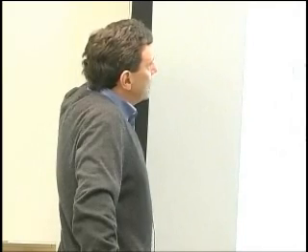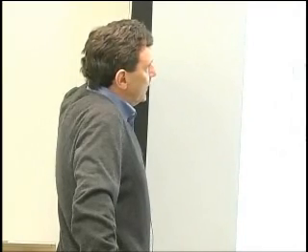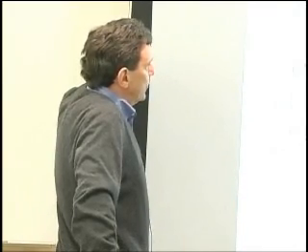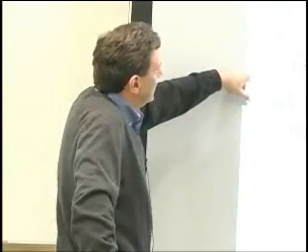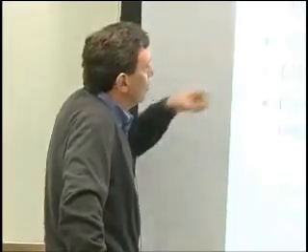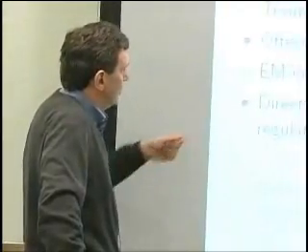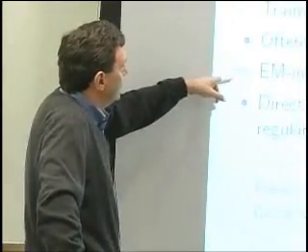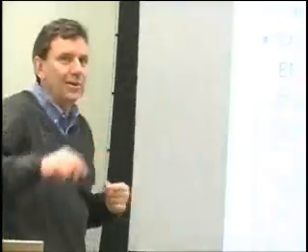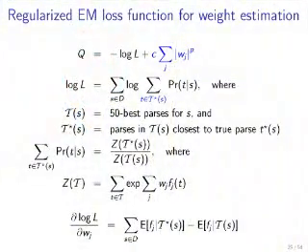Things get a little bit trickier when you try to do this because it can turn out that there are several parses in the 50-best list that are equally close to the true parse. This leads us to posit an EM-inspired non-convex loss function, which I'll show on the next slide. I'm putting this up here because I'm hoping Galen could think about extending his optimizer to deal with this sort of case. That would be great.